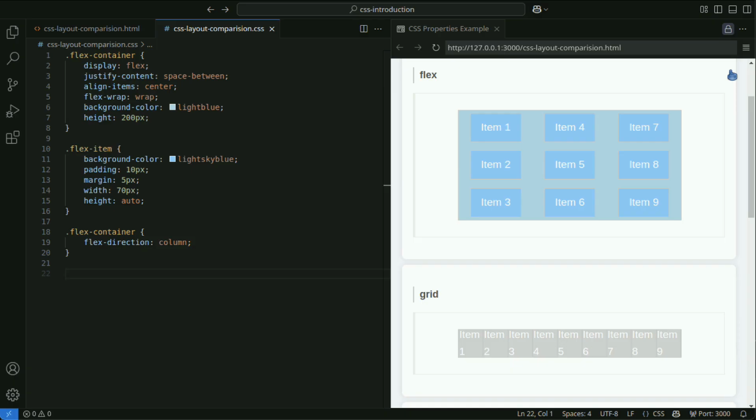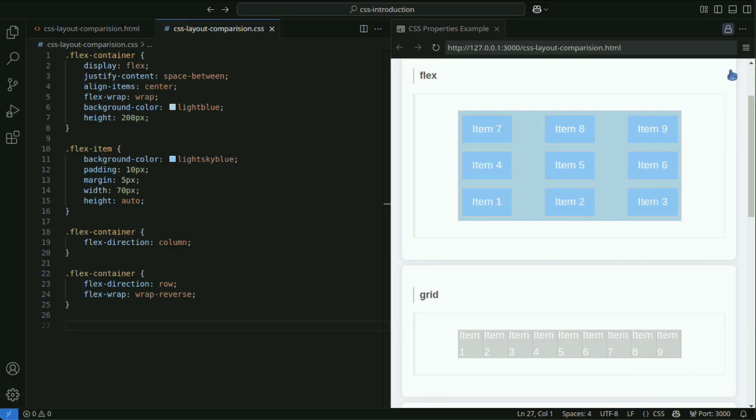The layout changes from left to right to top to bottom. Setting Wrap Reverse for the Flex Wrap property reverses the order of wrapped lines from the usual direction. In this way, the lines are displayed stacking from bottom to top.